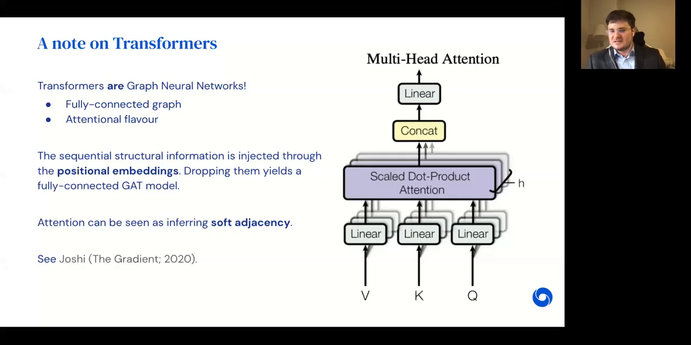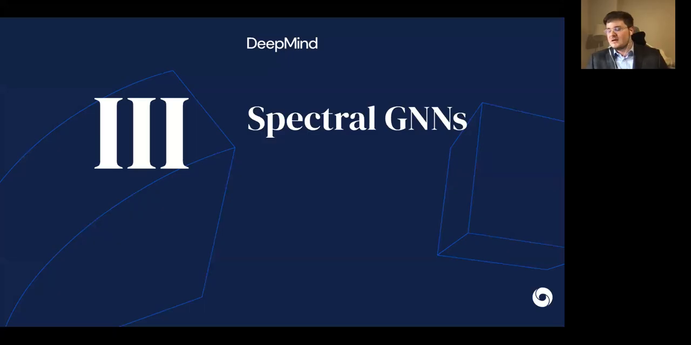This is a very interesting area, and the links have been brought out in much more clear detail by Chaitanya Joshi in this Gradient publication. So if you're interested to find out more about this link, I would highly recommend that you check out this paper. But in the meantime, I'm going to move on to one of the most popular early approaches to deploying